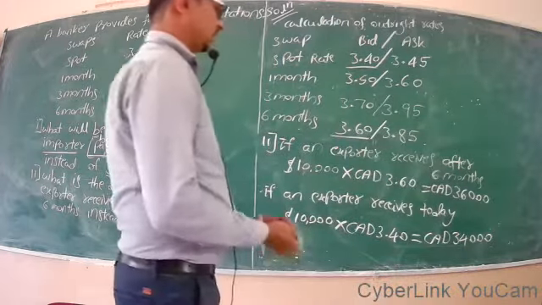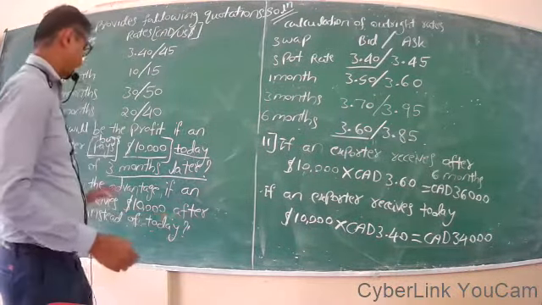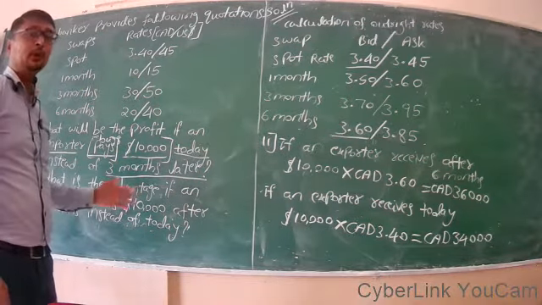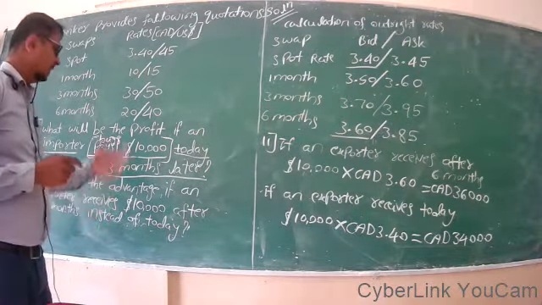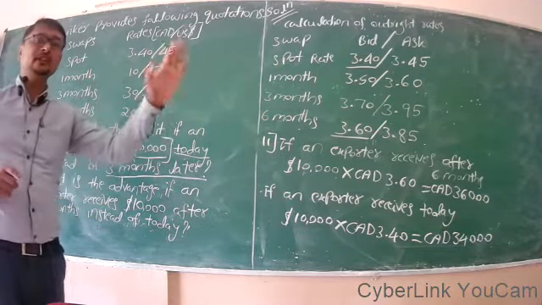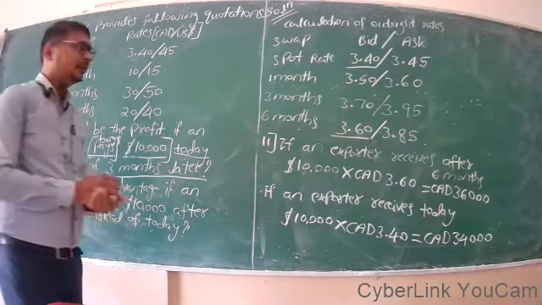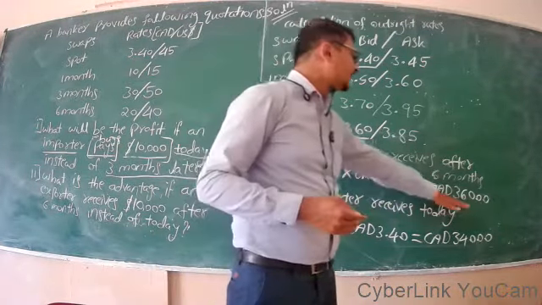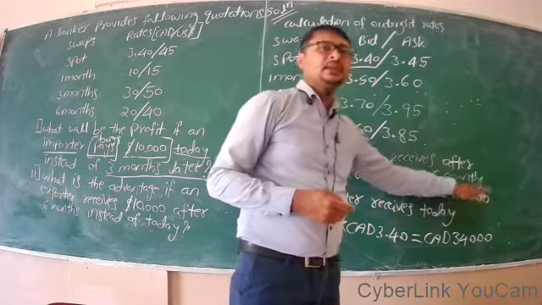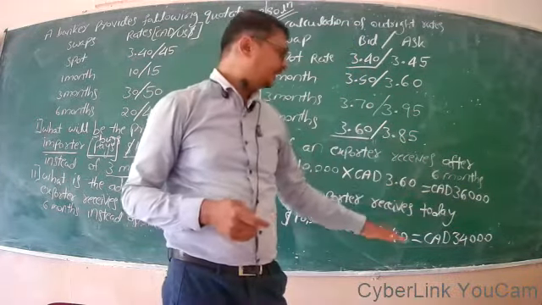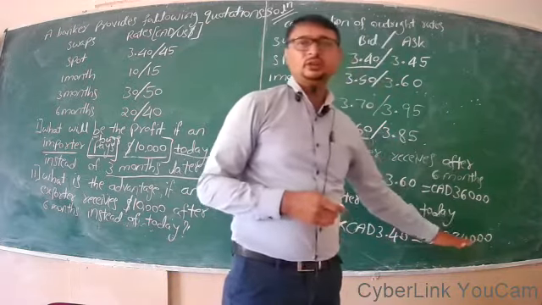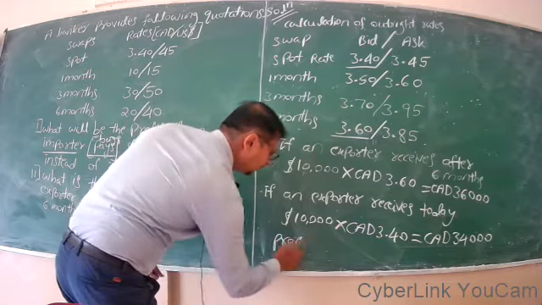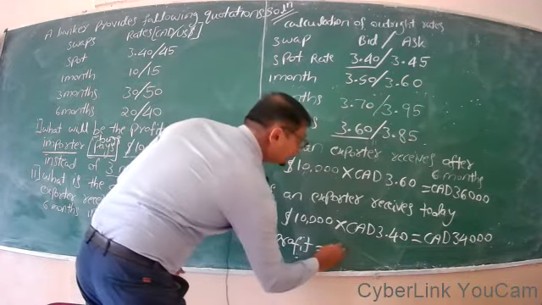34,000 Canadian dollar. So in the problem they have asked, what is the advantage or what is the benefit exporter is getting by selling US dollar after 6 months instead of today. So after 6 months, if he sells 10,000 US dollar, he gets 36,000. If he sells it today or at the spot rate, he is getting 34,000 Canadian dollars. So the ultimate profit or benefit or advantage is